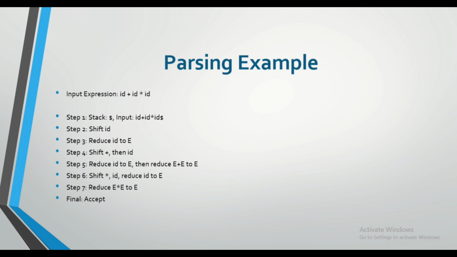In the third step, reduce ID to E because the ID has the precedence of into. So this into is greater than plus, so you have to reduce it to E. Shift plus, then ID. The fifth step is reduce ID to E, then reduce E plus E to E. Step number 6, which is